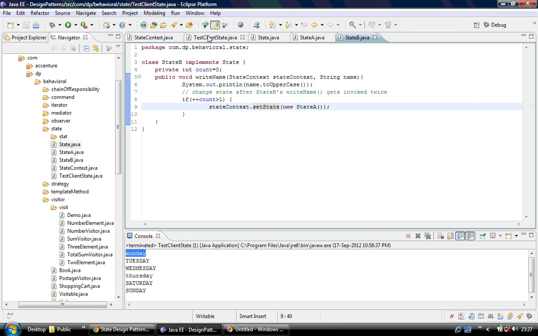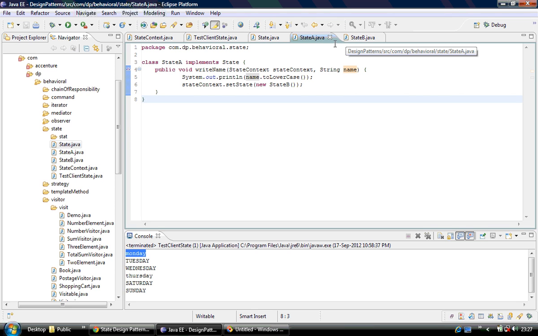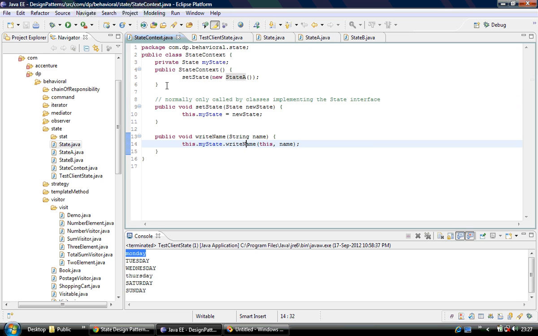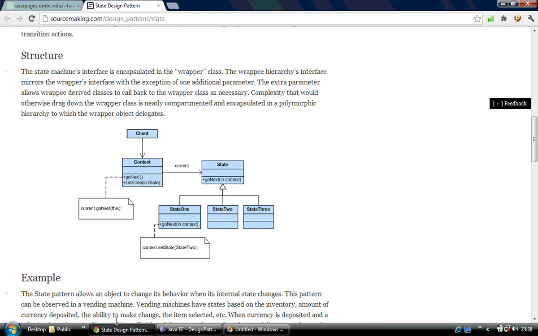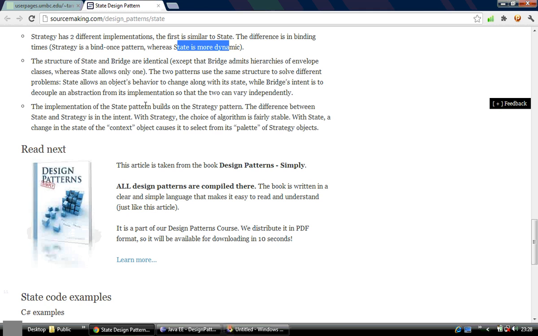So there is nothing else: a state interface, state A concrete class, state B concrete class, and the state context. This is similar to the strategy pattern. But we have to see what the strategy pattern contains. The implementation of the state pattern builds on the strategy pattern. The difference between the state and